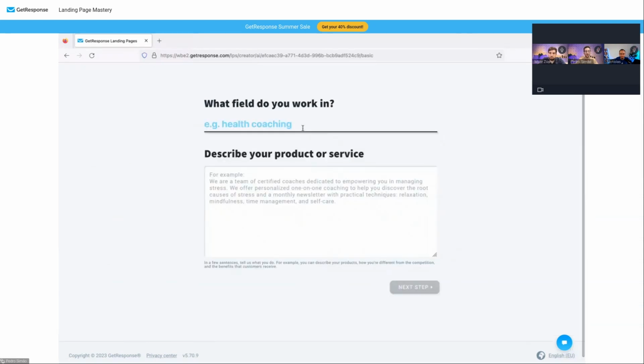All right, so what we will do over here, we will be in books and literature as an example. So just to follow our example here and to describe your product or service, here you need to provide your value, right? What are you doing? What do you want the AI to highlight in the text? And what do you want your audience to know? So for example, I'm a writer,